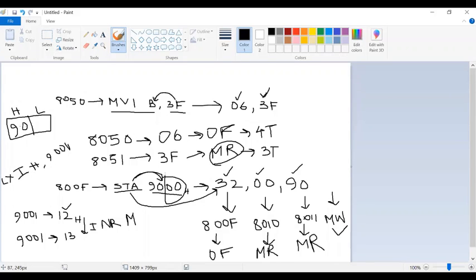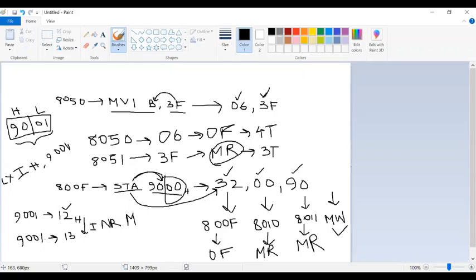HL is not used to store the 12. It is used to store the 9001. So it is a memory location where some data byte is stored, and the data byte is 12 over here. Now if INR M is executed, it will become 13 and it will be written into the